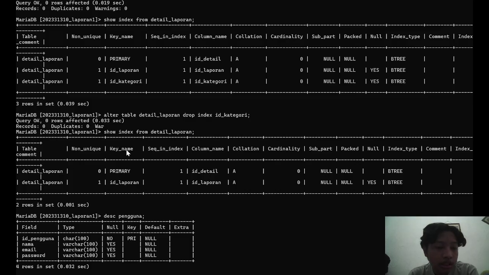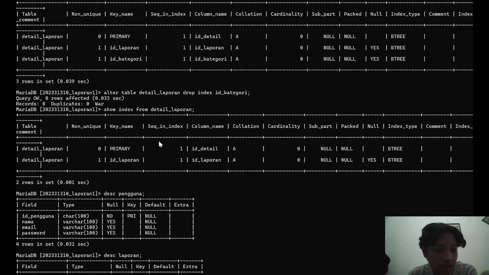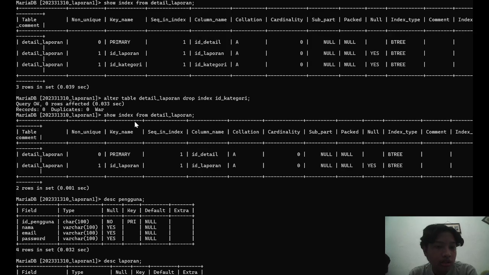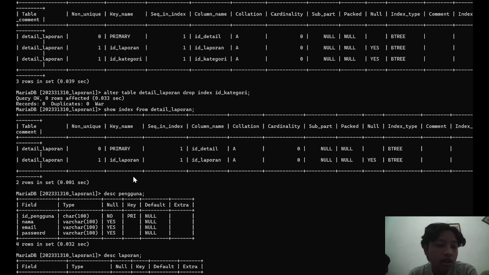We can use a command like this: show index from detail laporan, and then it will be like this. It looks like this. So the ID category from before is already gone. So we succeeded in making the foreign key disappear, and then we succeeded in deleting the column.